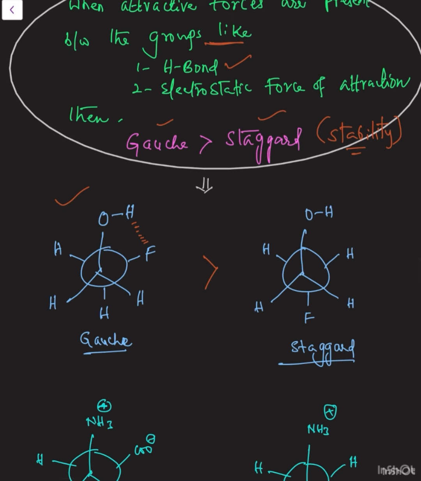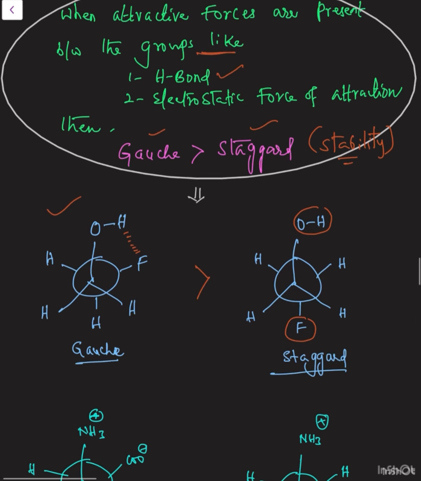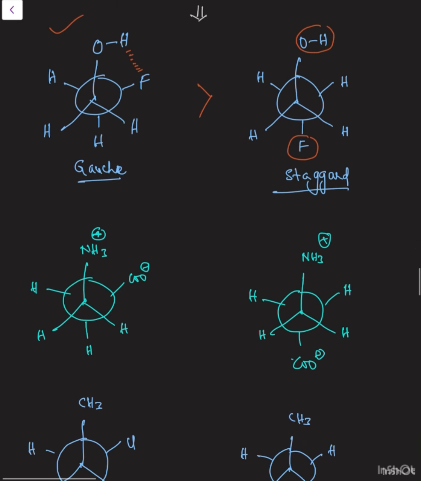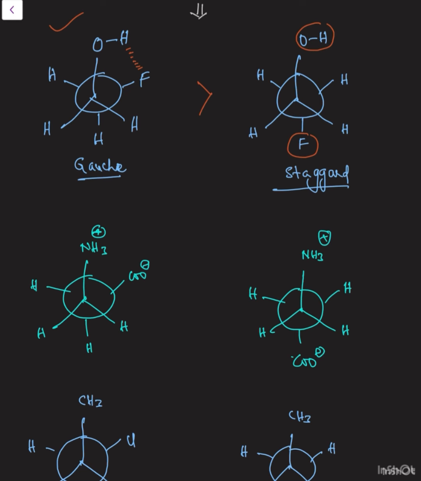Why? In the staggered, OH and F are both away from each other, so there is no chance for bond formation. But in the Gauche, they are just at 60 degrees, side by side, so they can form hydrogen bond. That is the reason the stability of Gauche increases compared to the staggered. And one more: electrostatic forces also affect the stability, as we discussed. Here, in this molecule I am taking,